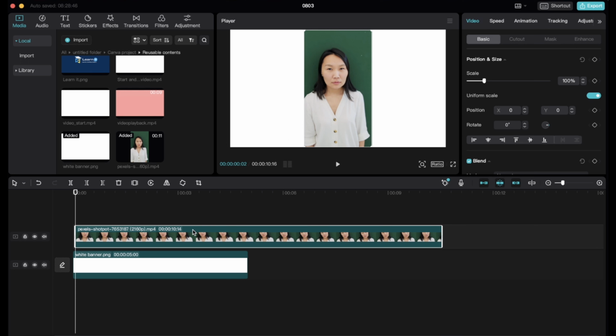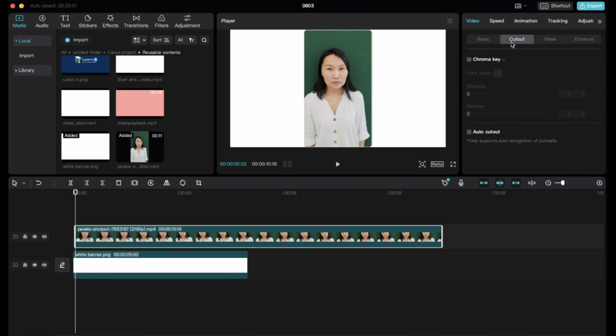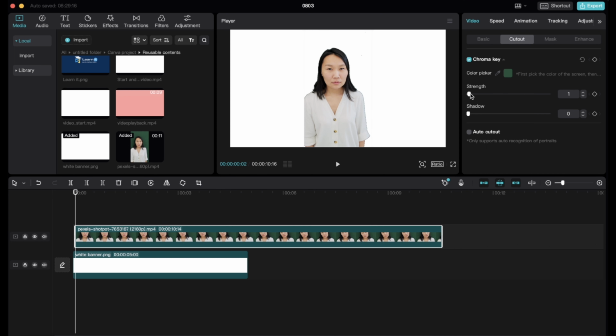I'll select the video clip on top, then once again I'll go up into the right hand corner and select video, then cutout. But instead of choosing auto cutout like we did last time, this time I'll select chroma key and I'll need to select the color.